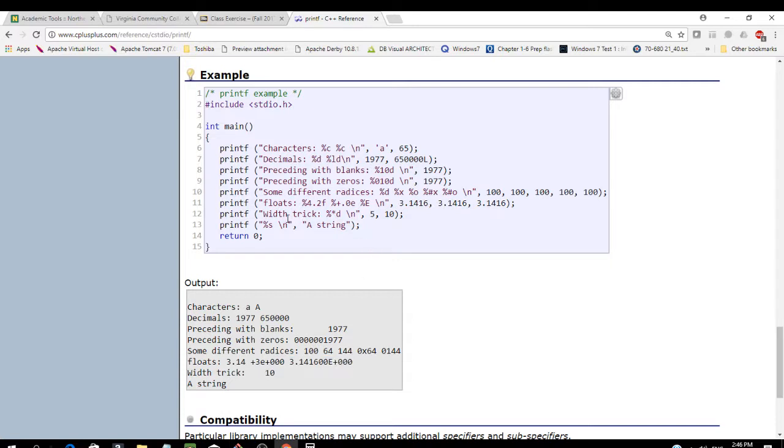Alright, so now let's look at another one with a trick. How about if I want to do percentage and then asterisk D, and then go to a new line? So this should print